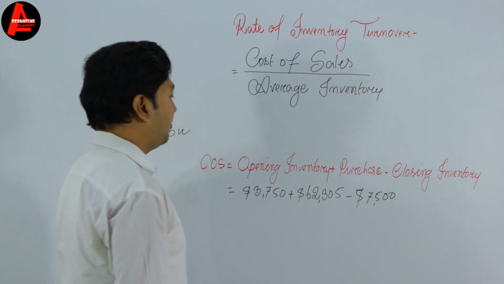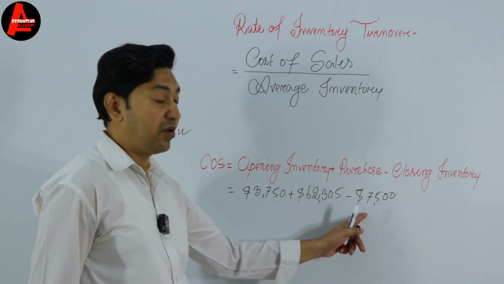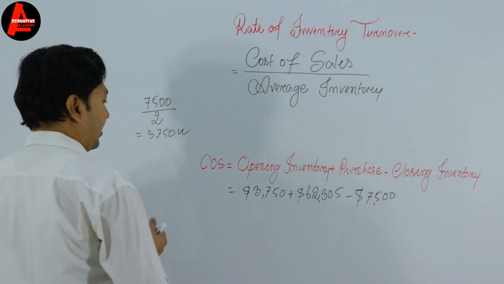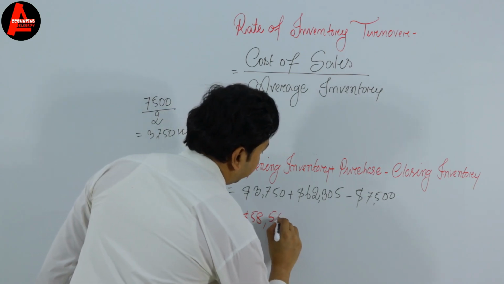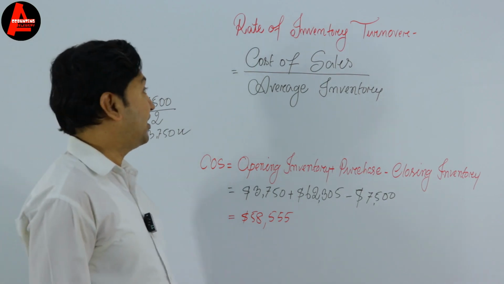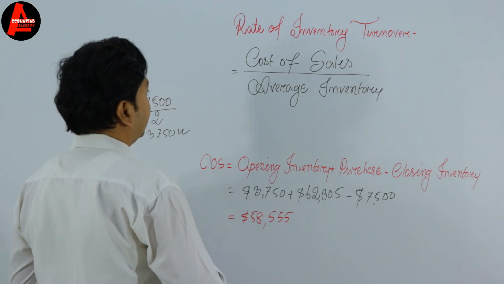Okay, now if we add these two amounts and if we subtract 7,500 from the addition, we get our cost of sales. Okay, and it is here 58,555. Okay, our cost of sales. Okay, so let us write here in the formula cost of sales. We got